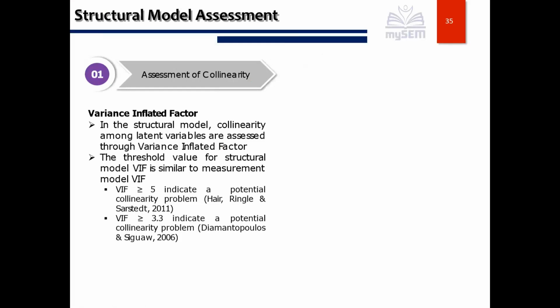In assessment of collinearity issues, basically we check the VIF. The criteria is the same: VIF value should be less than 5 or 3.3. In that case, as it is the structural model,